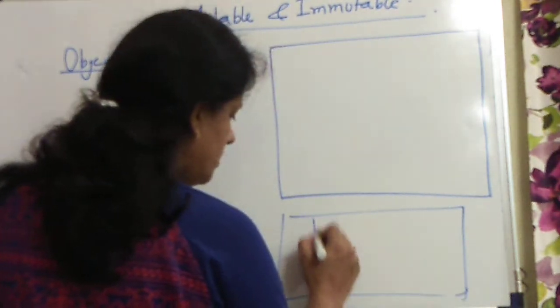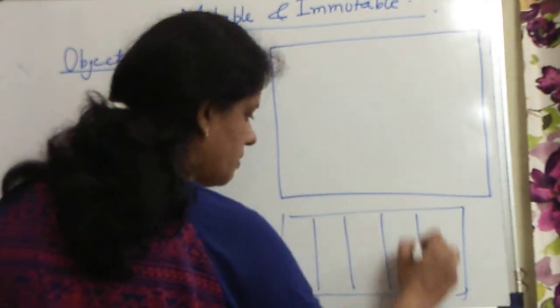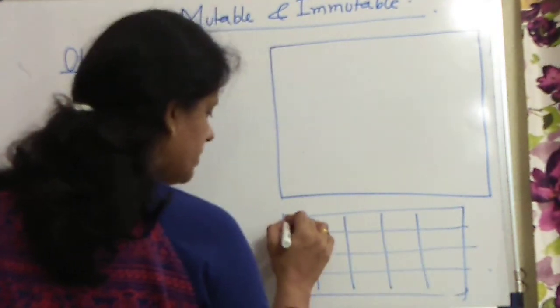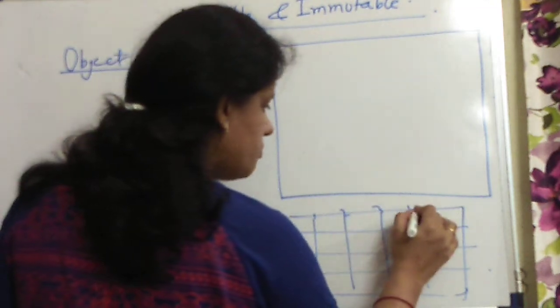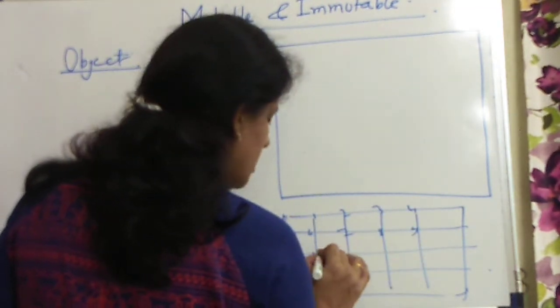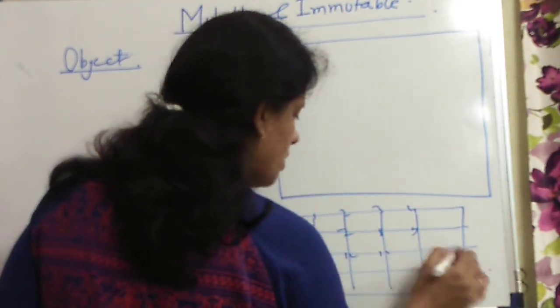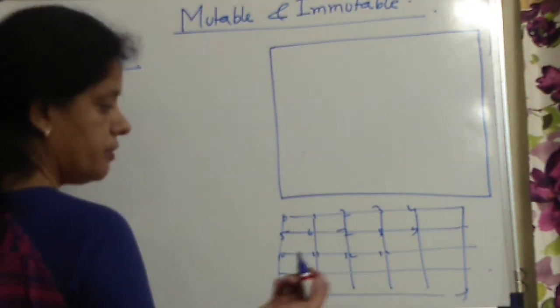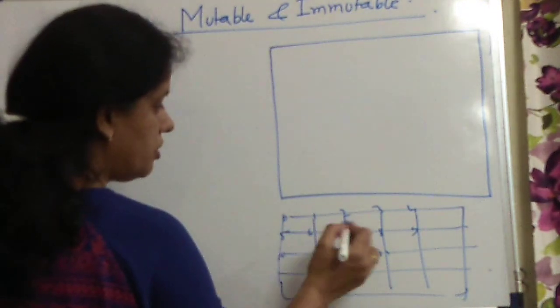This is the sheet, divided into blocks, and each block is numbered 0, 1, 2, 3, 4, 5, 6, 7, 8, 9, 10, 11, 12, 13, 14 and so on. Now whatever you store, suppose you are going to store